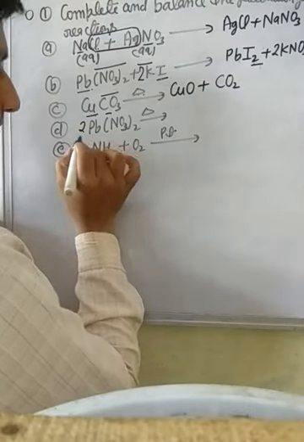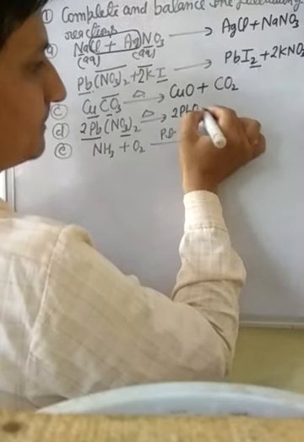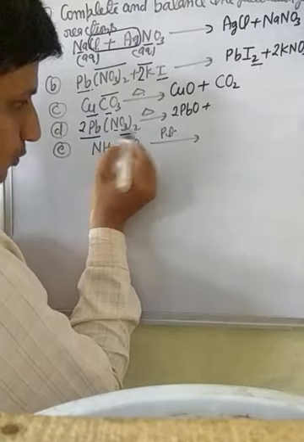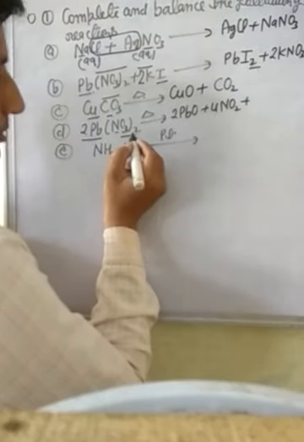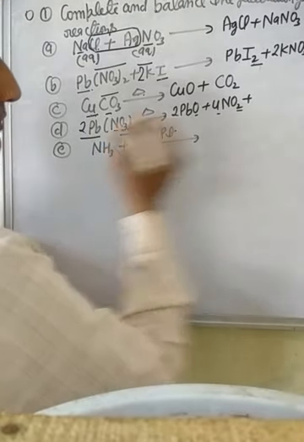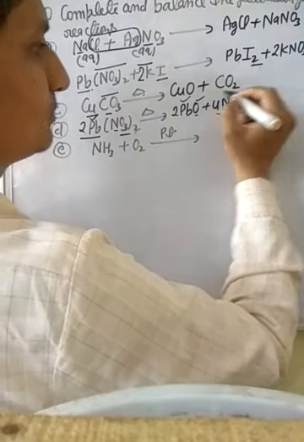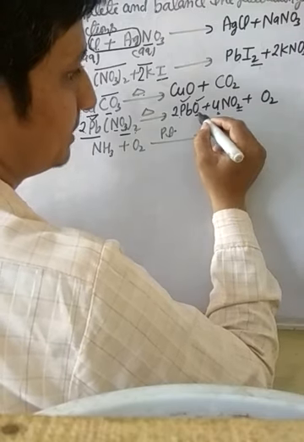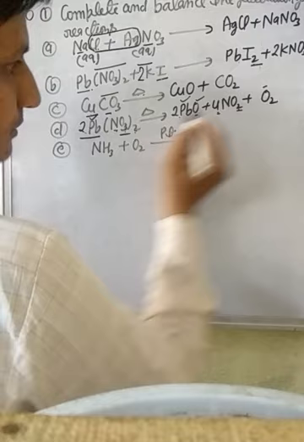Second, now we heat lead nitrate. We have to take 2 molecules. We get 2 molecules of lead oxide plus nitrogen dioxide. 2 2s are 4. We get 4NO2, nitrogen dioxide, reddish brown color gas. After this, oxygen. 4 2s are 8, plus 2 is 10, 2 3s are 6, 6 2s are 12, so plus O2. So number of lead 2, number of lead 2, number of oxygen 12 and 12. Nitrogen 2 2s are 4, nitrogen 4.